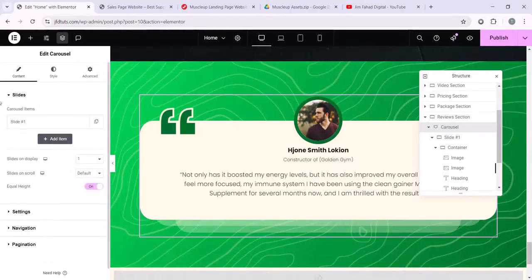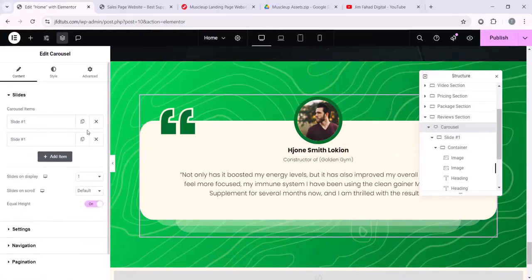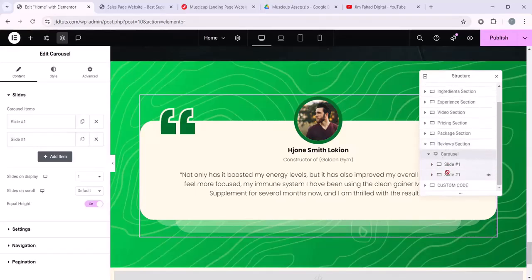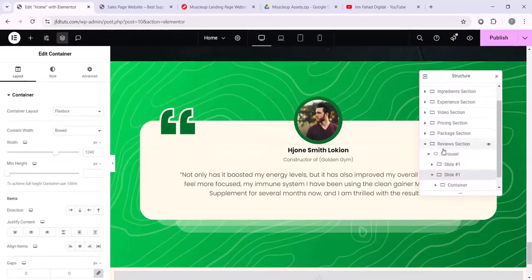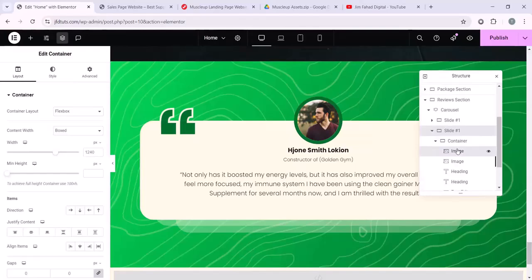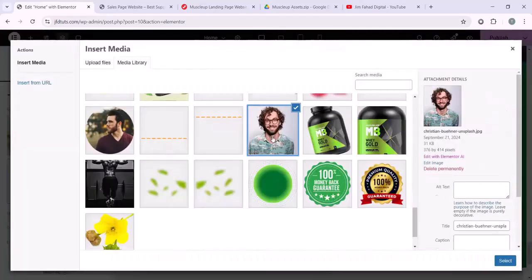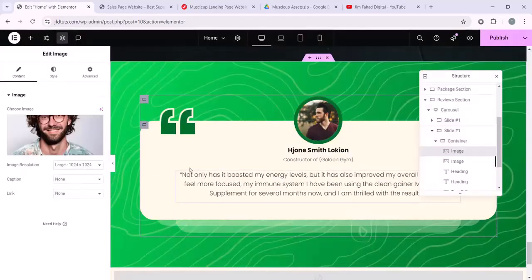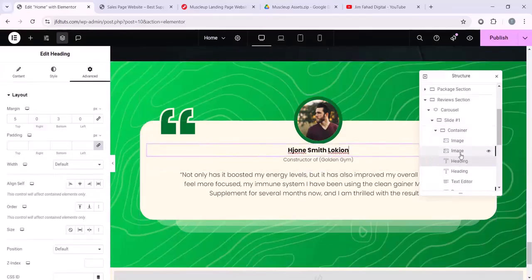And finally we have the slides. I want to duplicate the slides, so we're having two slides, but for this second slide I'd like to just change the image. So let's open the image here. I'm gonna change it to this one, and if you want you can just change the text of the person for the different slides. Okay, now let's publish this page and look,